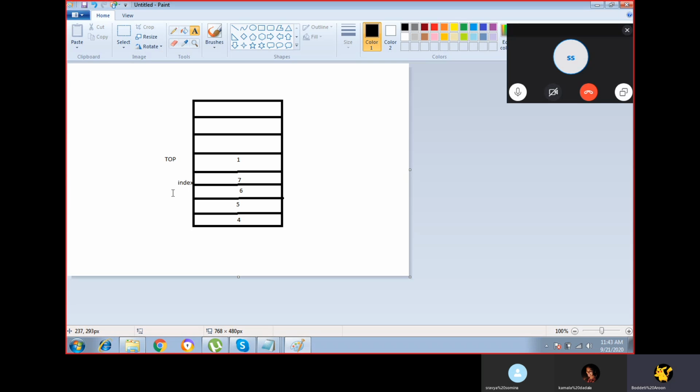Okay, let us come back to class. We are inserting the 5 elements into the stack, and 1 is called the top of the stack because it is at the last position.